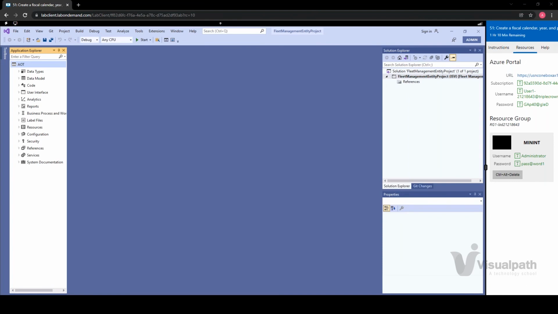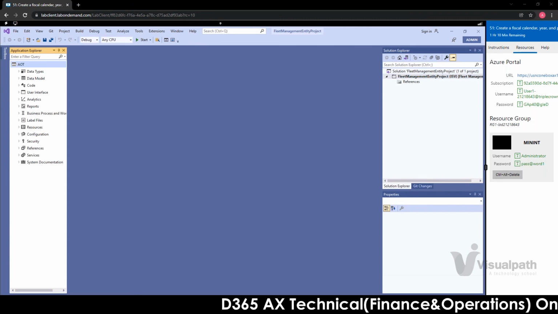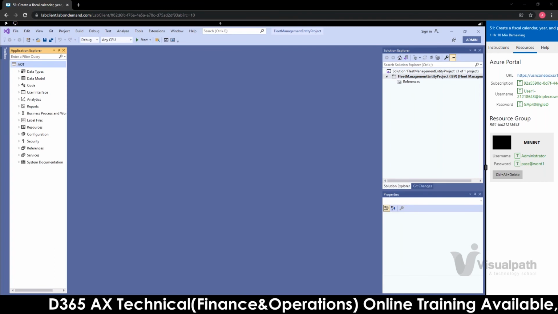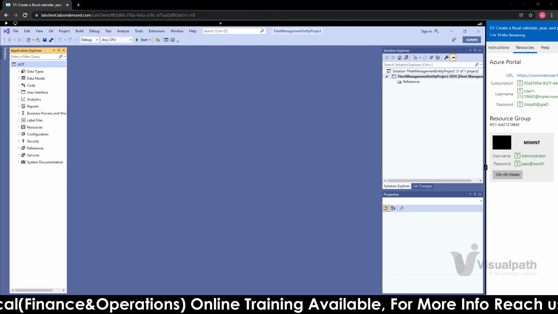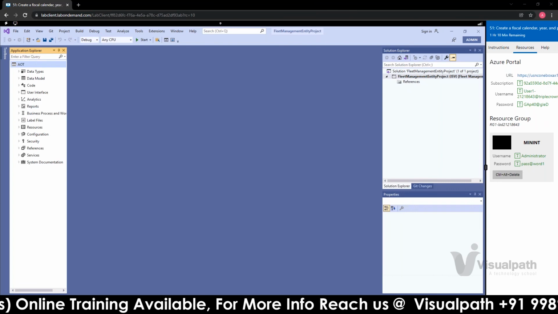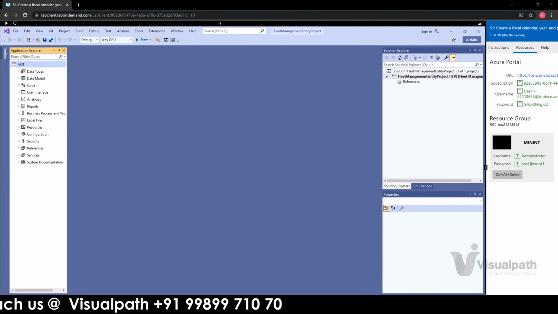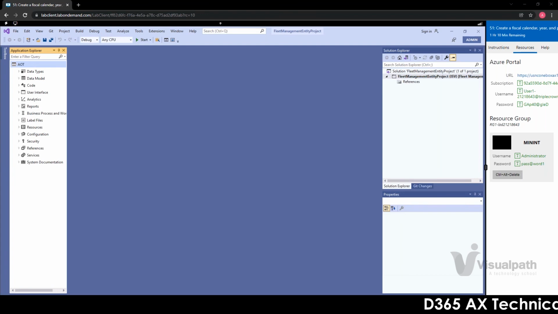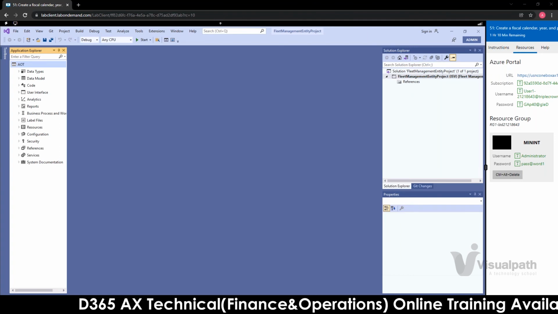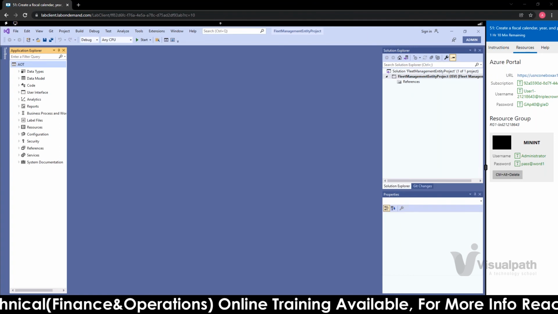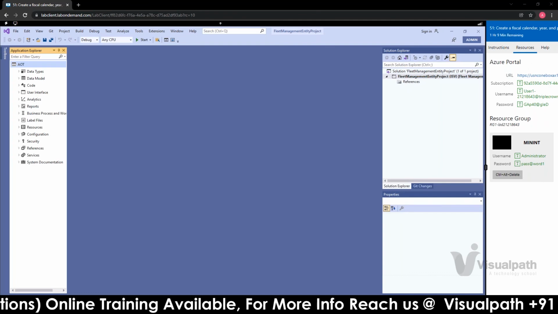Exactly. We will have at least a basic idea of the functional front as well, because we should know where to access and navigate to the particular point where the process will get triggered. Say, for example, if I have to access the customers, I should at least know to go to the AR module and click on customers. So the minimum knowledge you should have is to navigate to the place where the process will be initiated.